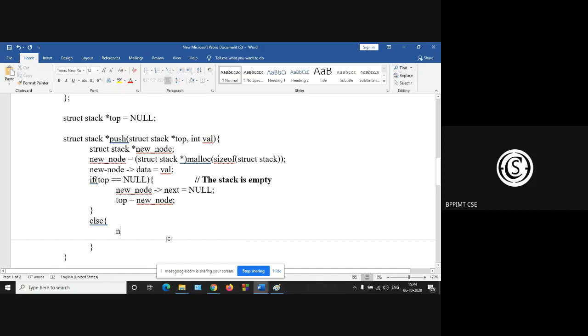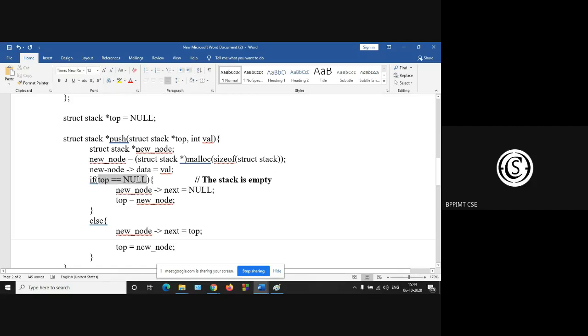And new node next is equal to top. And top is equal to new node.